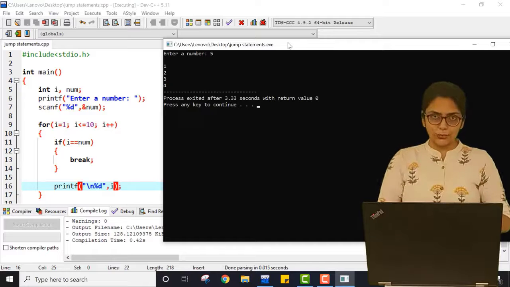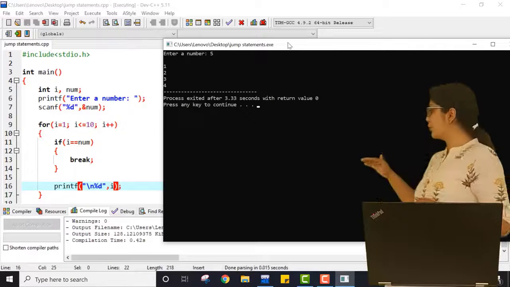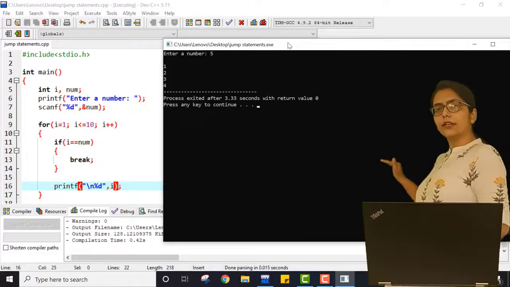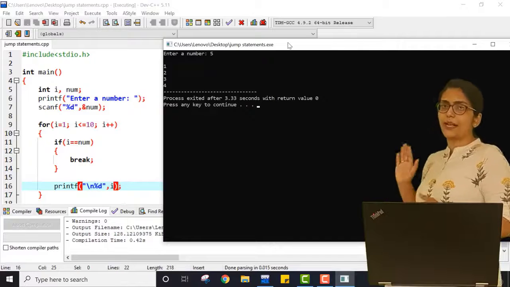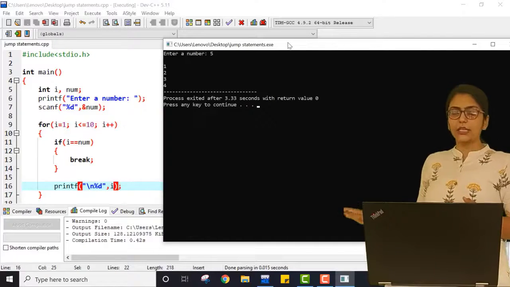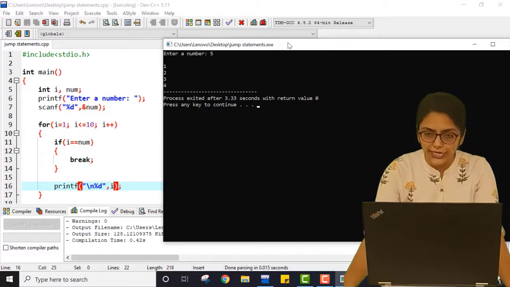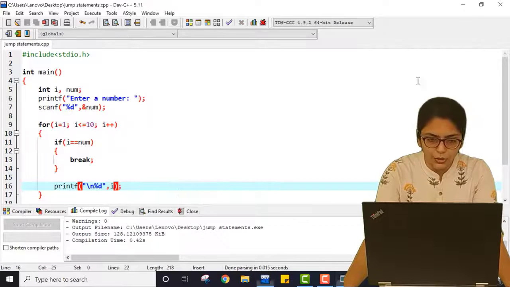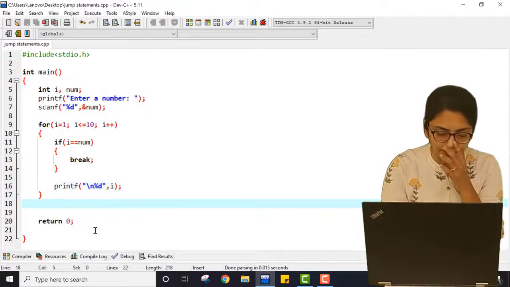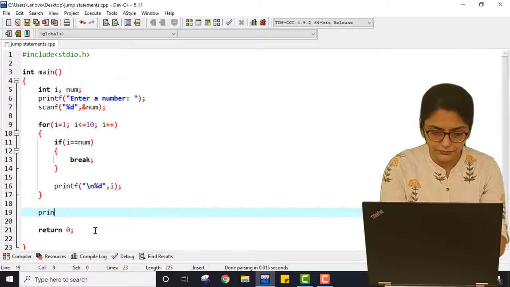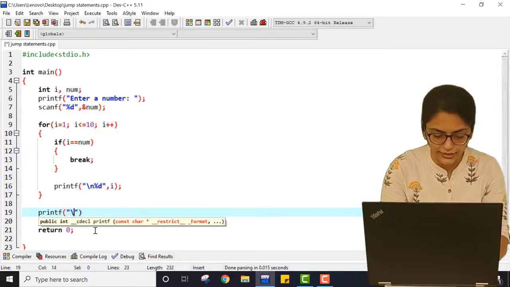Once break is executed, it will come out of the loop directly and whatever is written after the loop will be executed. Here I have not written anything, so to show you this I can just add a single line, printf \n outside of loop.